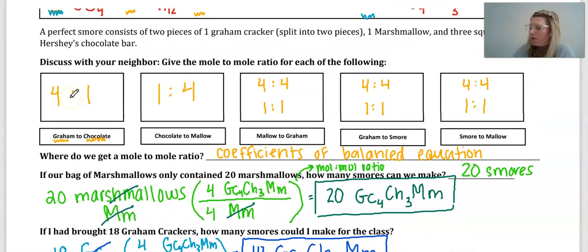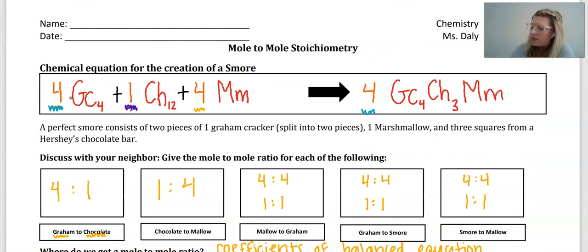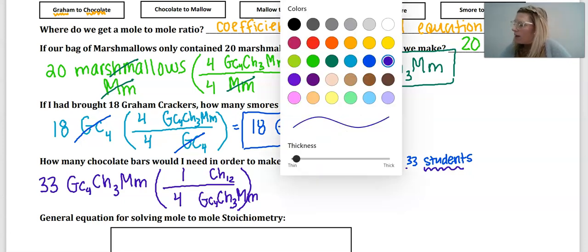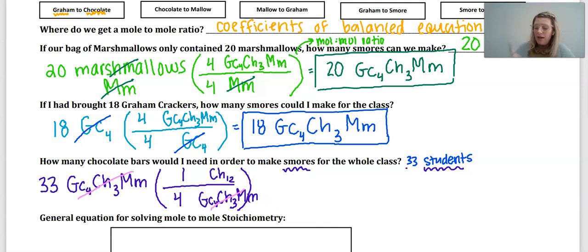So let's pop back up and take a look. I have 1 CH12 for every 4 s'mores. So 1 CH12 over every 4 s'mores. And what this is saying is that I need 1 chocolate bar in order to create 4 s'mores. So if I need 33 s'mores, how many chocolate bars is it that I need? I'm going to go through and my units again cancel. And so now our problem just becomes 33 times 1 divided by 4. Okay, so 33 times 1 divided by 4 is